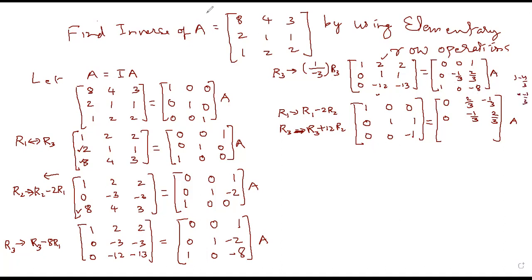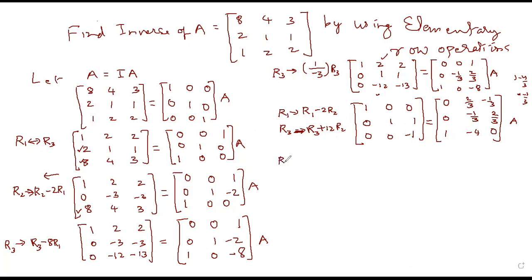So you can perform the calculations side by side. Here you multiply 12 with the third row in the second row and add in the third row, so this will not change. And when you multiply 3 4 is 12, so minus 4, and 3 4 is 12, 4 2 is 8, 8 minus 8 is 0, 8 minus 8 is 0. Now the last aim is to make the last element of the last row 1, so we can multiply by minus 1 to make it 1.